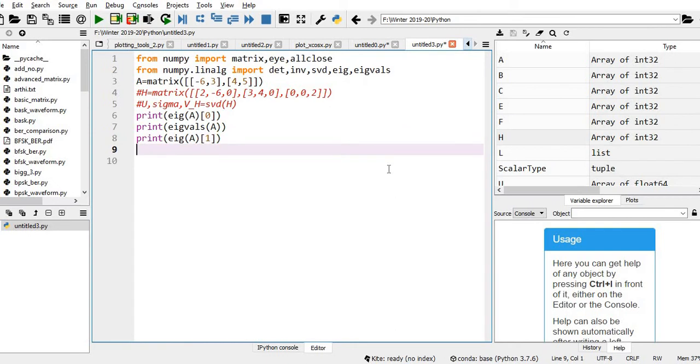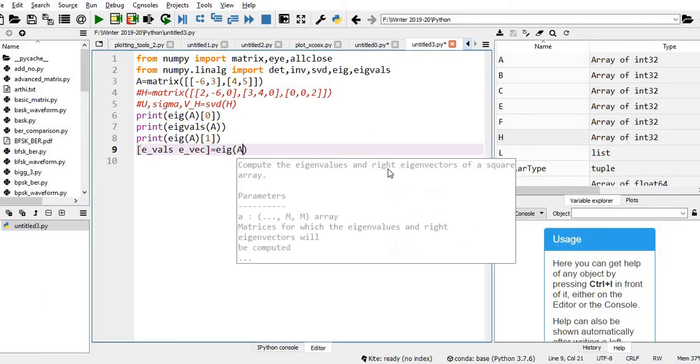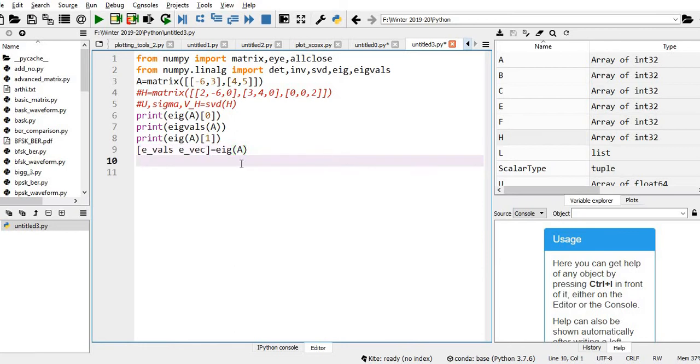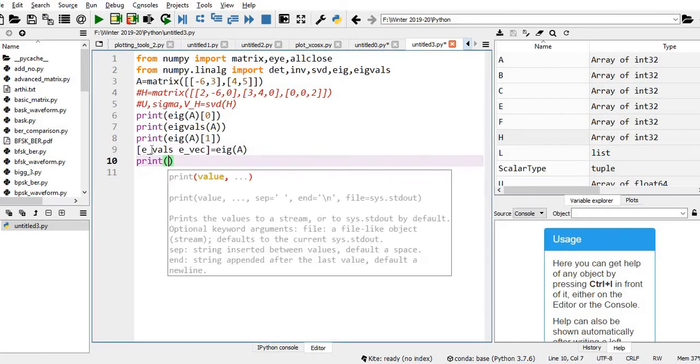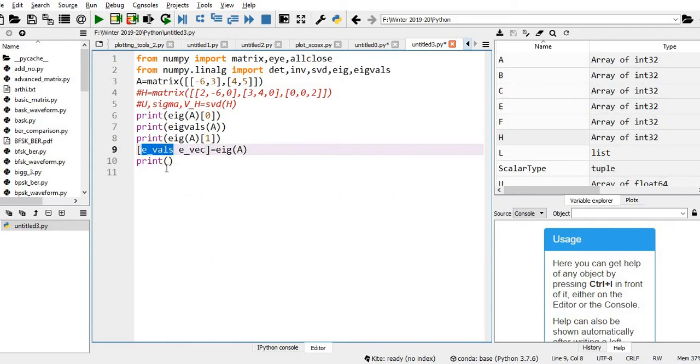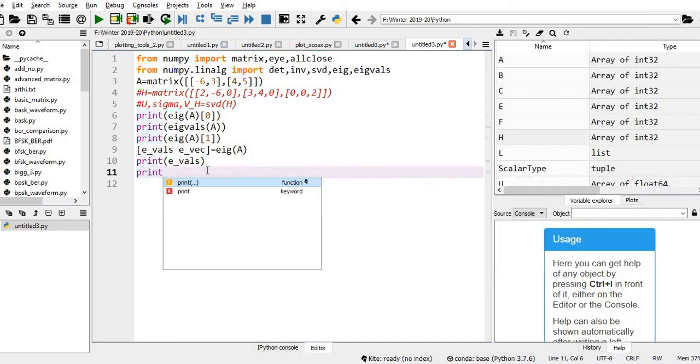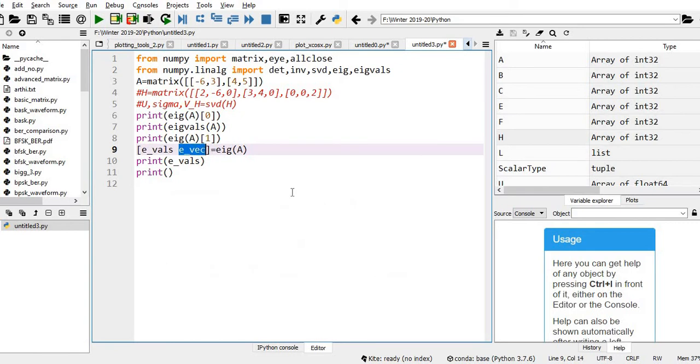I assign some variables equal to EIG of A, then print the eigenvalues and print the eigenvectors.